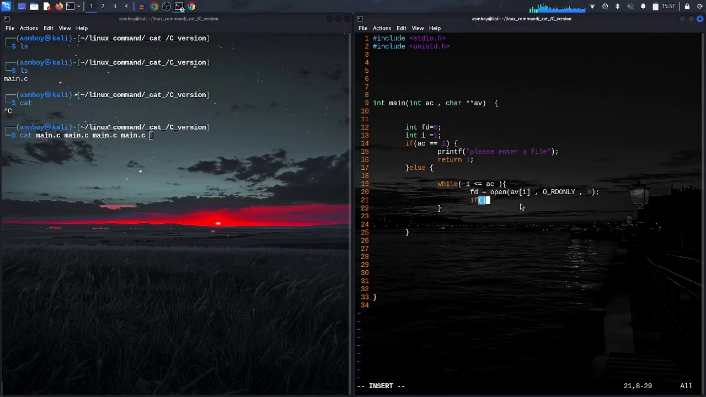Okay, so here we need to do a check. As we said, the open syscall returns the file descriptor, which is a number, so we need to check if there is an error. The error in this syscall is less than 0. So if the fd, the file descriptor, is less than 0, it means it's an error. So if fd less than 0, we're going to do, for example, printf, we cannot,